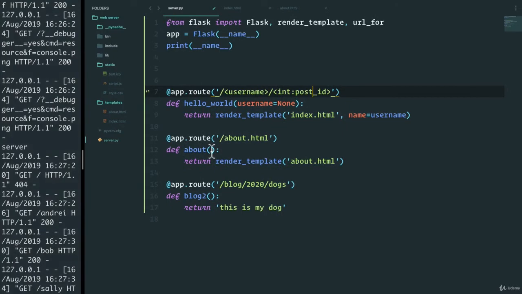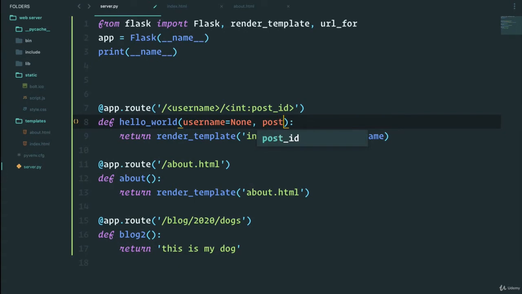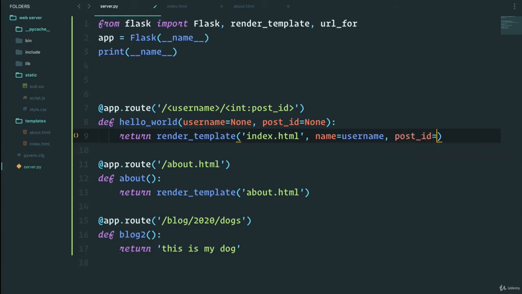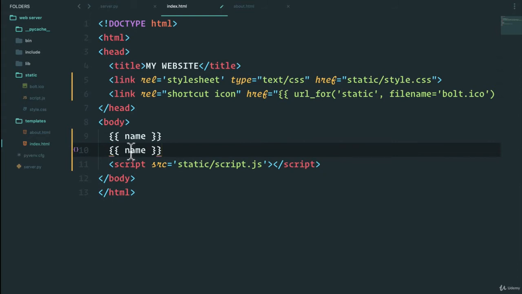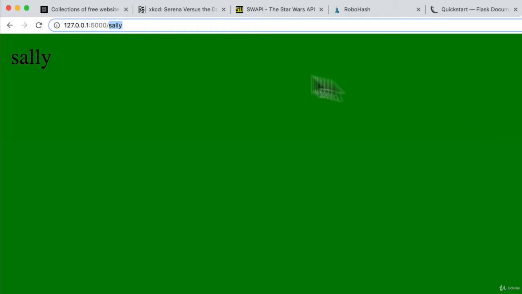And let's make this a little bit bigger. Now in here, the second parameter can be the post ID. That's going to equal to none to begin with. And we're also going to pass this as post ID. That's going to equal the post ID. If I save this, go to index.html, and in here, let's do name, and then we'll also do the post ID in here. If I save, go back, and I refresh,